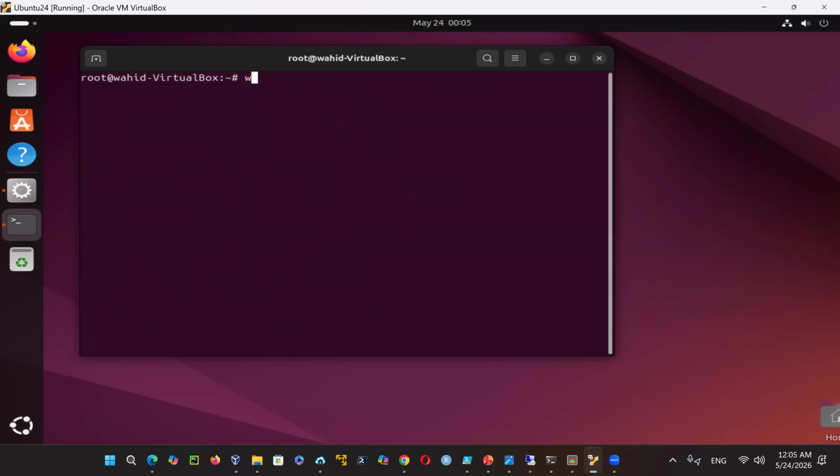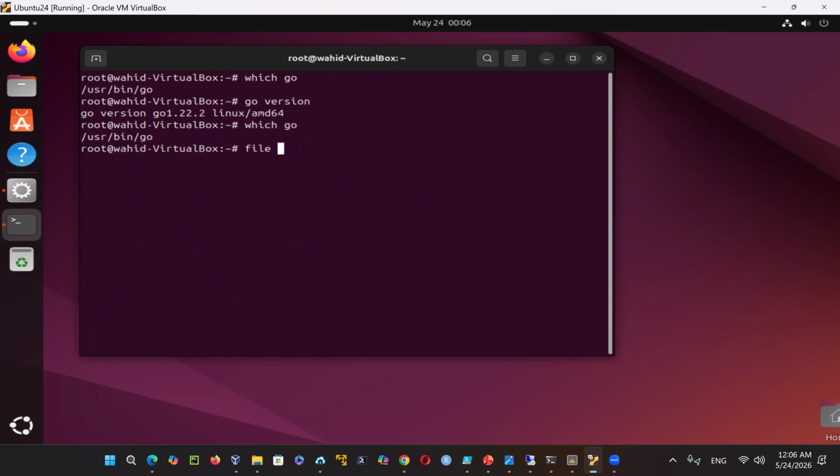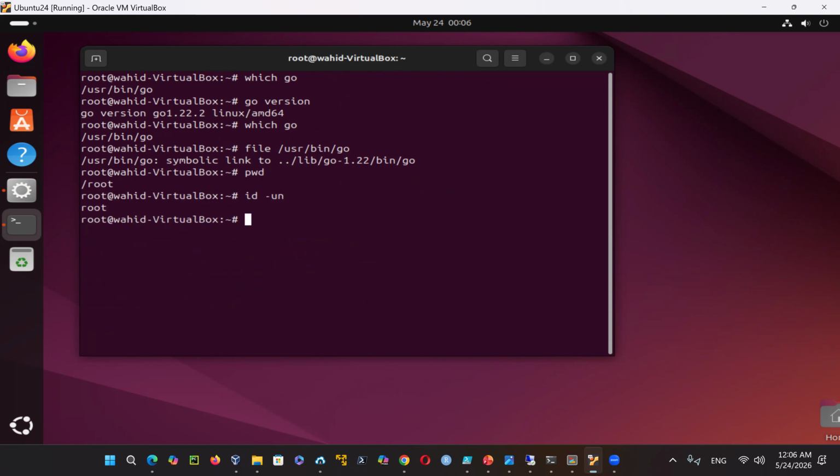So if I say which go, it is there. You could say, now if I want to program in Go, go version is showing you the version, and which go is going to tell you the file /usr/bin/go is there. But notice on this one, id -un, and then if I say getent passwd and $(id -un), it's going to show me for root